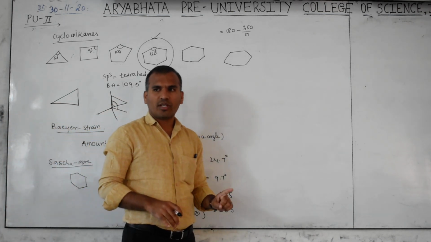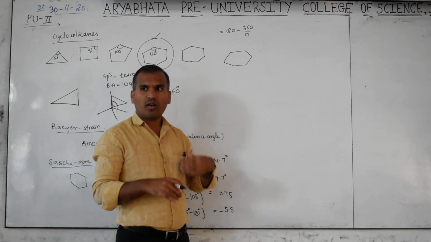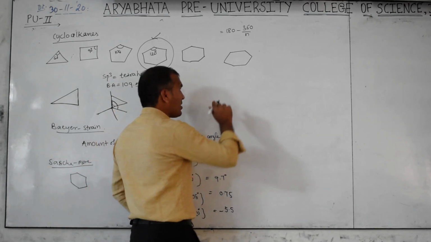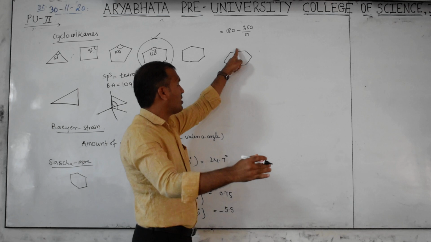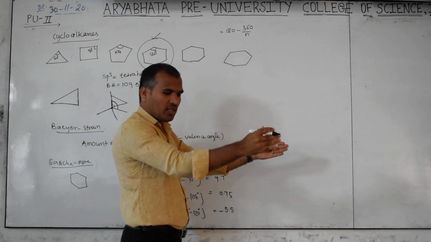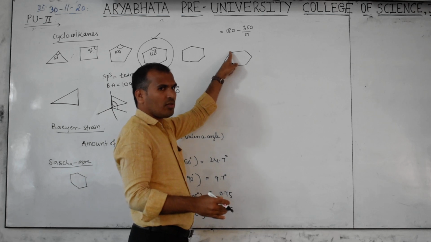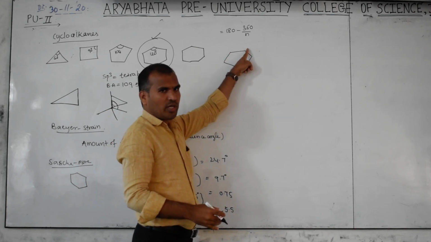Cyclohexane is the most stable because it not only exists in the planar structure, it can also exist in other forms. This is the planar structure. Why is it less stable? See, here this bond, this one and this one, these are two bonds. Here, how many hydrogens are there? Carbon valency is how much? The remaining two hydrogens are there. Two hydrogens.